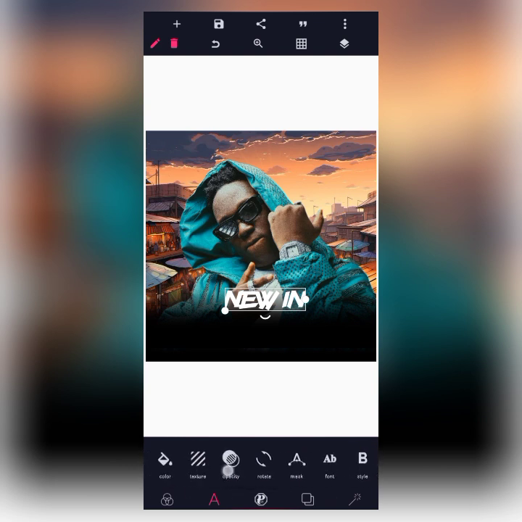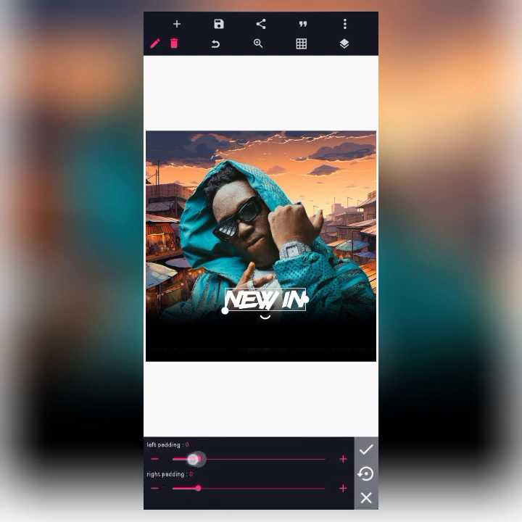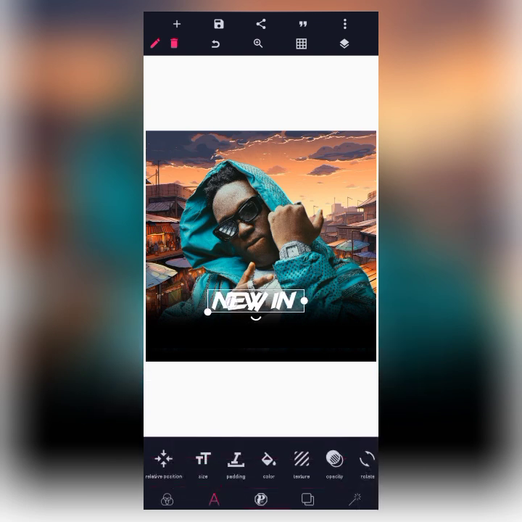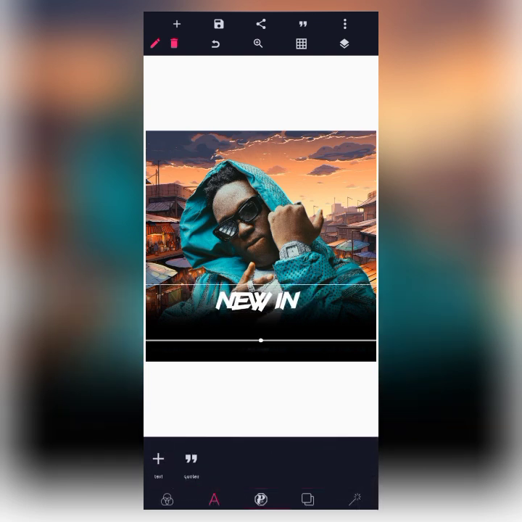Once you have your text not showing well like this, move to padding, increase the left padding if it is from the left hand side, and if it is from the right hand side, we'll increase the right padding as well. So just like this, you can see the word is now showing completely. Then moving on, the design is